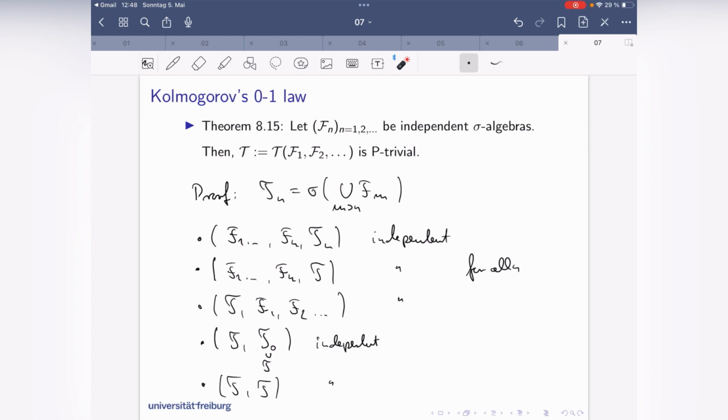And now I have to be more precise. No, I don't have to be more precise. I was just struggling a bit because, where did I use independence? But I used independence right from the start, because I said that these are independent. Otherwise, it wouldn't have worked at all. Okay, and that's it for today. So we learned that elements in a terminal sigma algebra, which is generated by independent sigma algebras, are trivial, so it only contains sets which have probability 0 and 1. Great. So we're done with this and hope to see you next time.